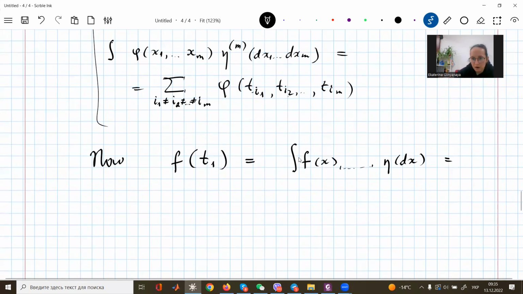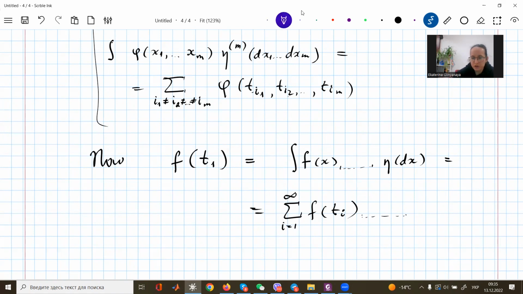So what is it? This is the sum of t_i from 1 to infinity. What should I write here in order to have just one summand? So I write here the indicator that the measure of